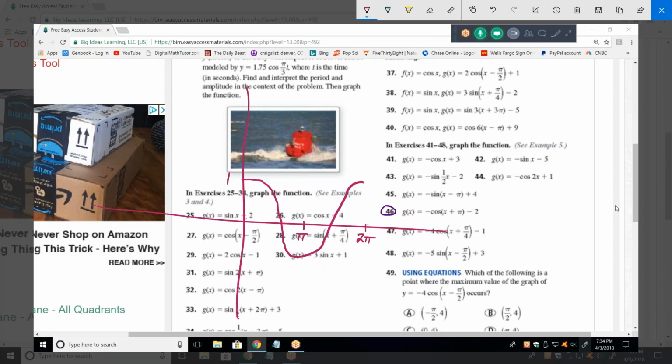And you need to label the 1 and minus 1. So that is a standard cosine curve. By that I mean that is y equals cosine x. A is 1, B is 1, phase shift is 0, and so forth. So the reflection, which is the first thing we're going to do,